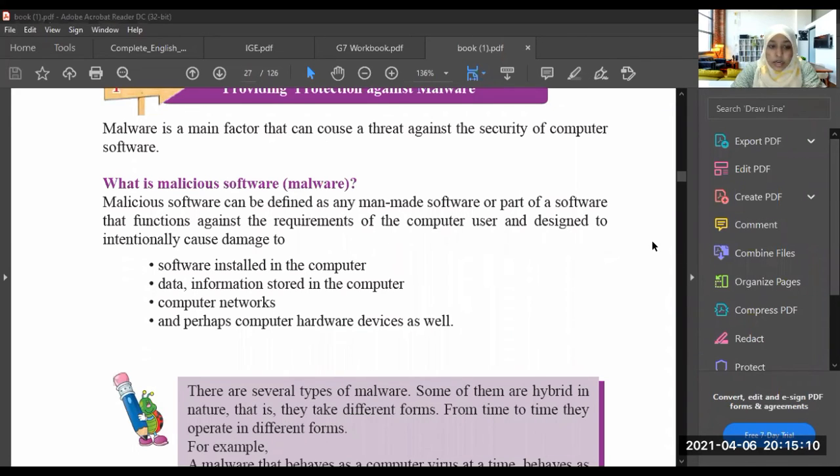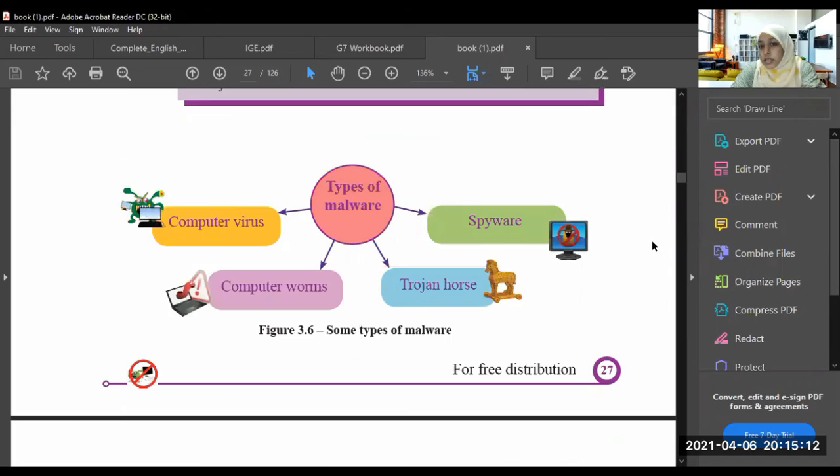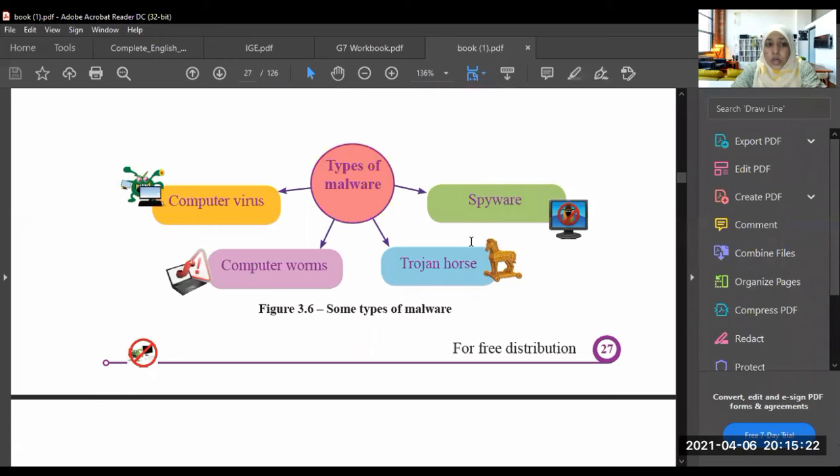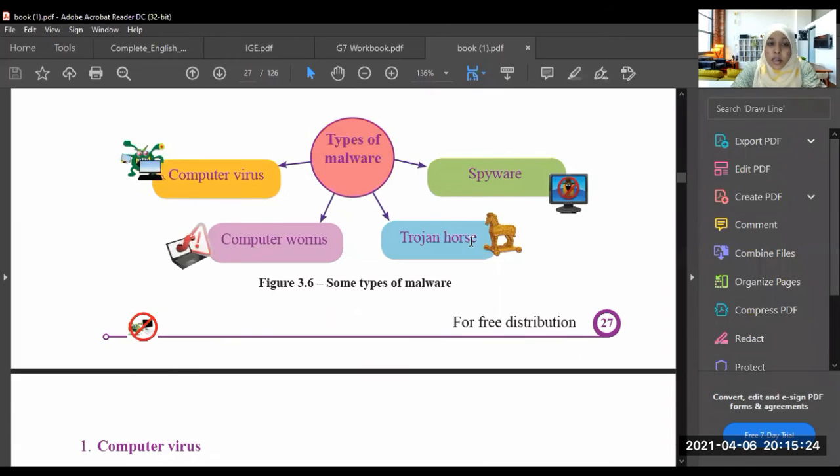Right. Then we learned some of the types of computer malware. Those are computer viruses, computer worms, Trojan horses, and spyware. You know how computer viruses spread in our computer. Computer viruses normally spread through computer storage devices, right?